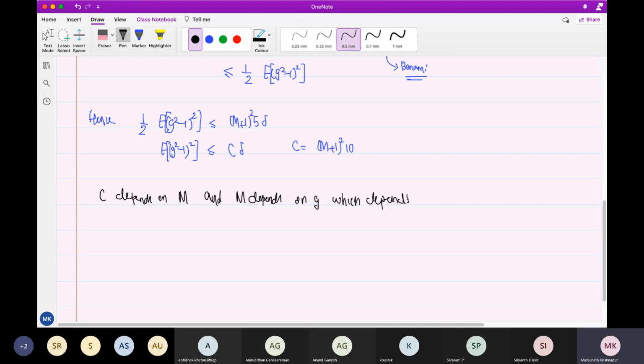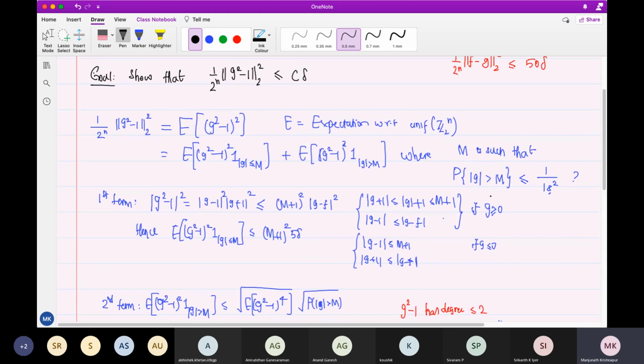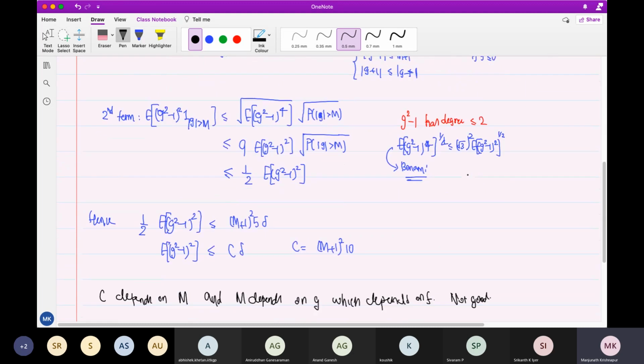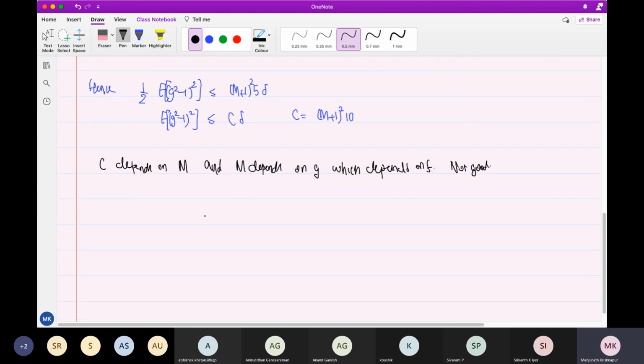That's not good. So we should not let it depend on that. But what we can do is, but we don't need that. So in fact, it doesn't, because